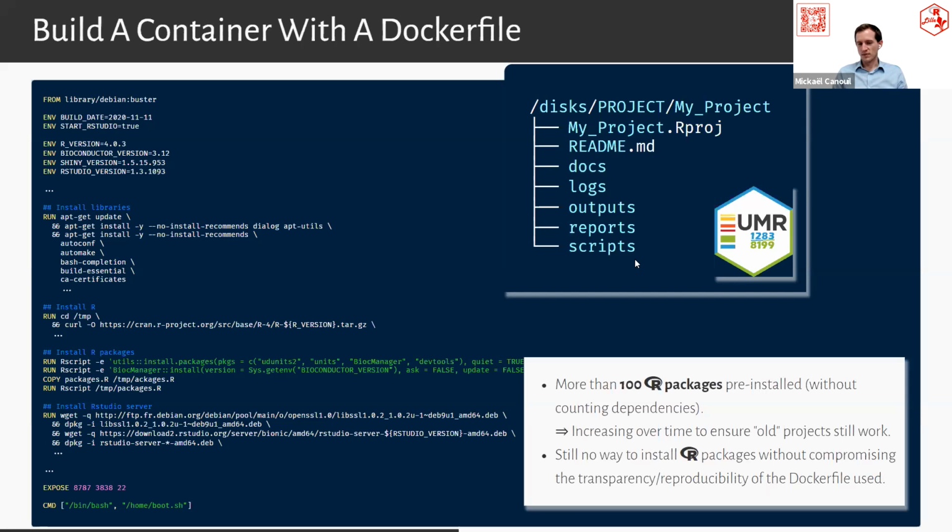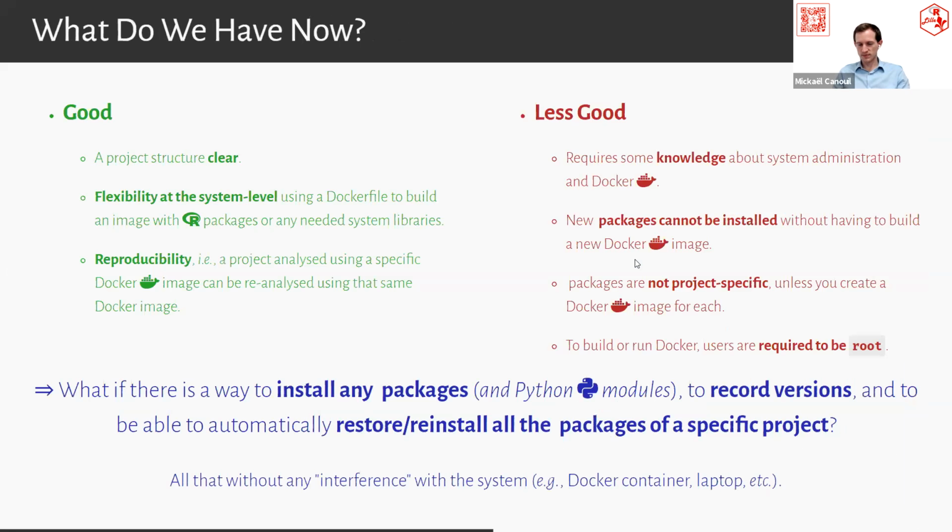So not really great. And actually, we did not remove the fact that it was not possible to install new packages at a specific version. It was completely frozen within the Docker container and not at the project level. So, okay, we saved the version, but we are still lacking some flexibility. Basically, what I'm saying is, we have a structure with some folders and things like that. We have more flexibility at the system level using a Dockerfile. So we can define as many Dockerfiles as we want.